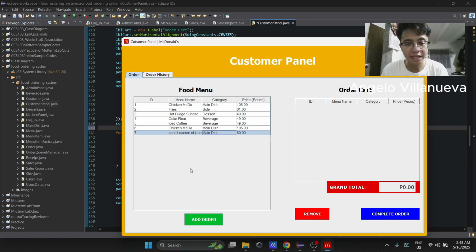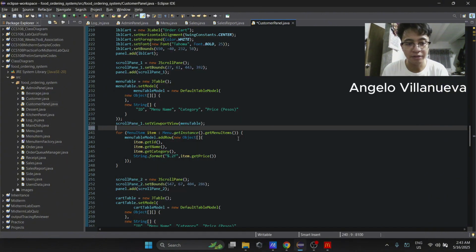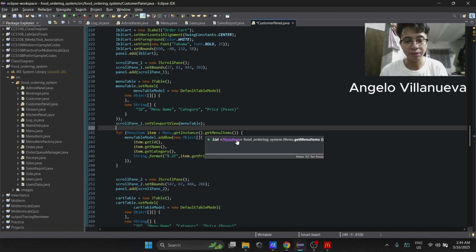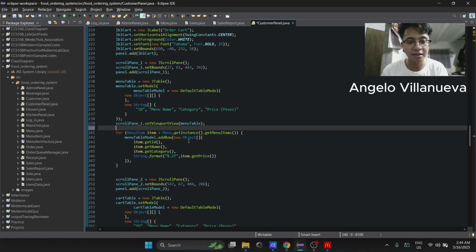Now, to put the data for each column, we've implemented a for each loop that traverses all the objects in our menu items list in our menu class.